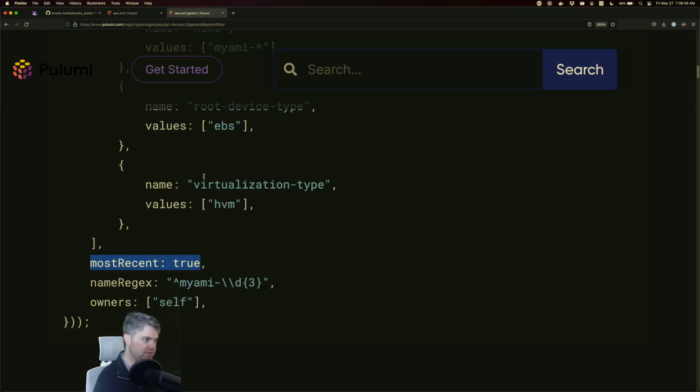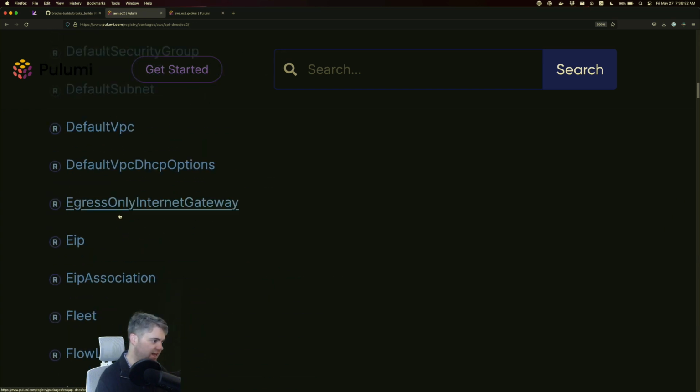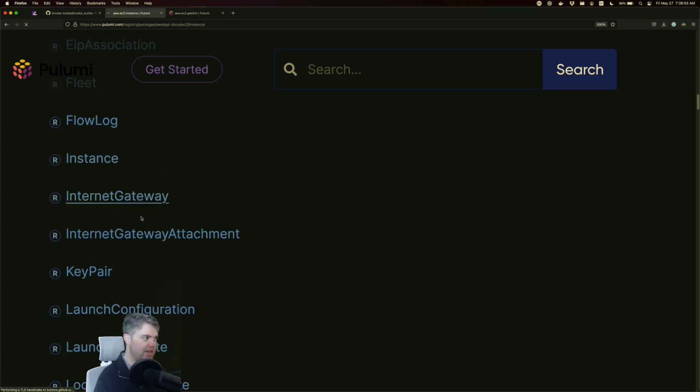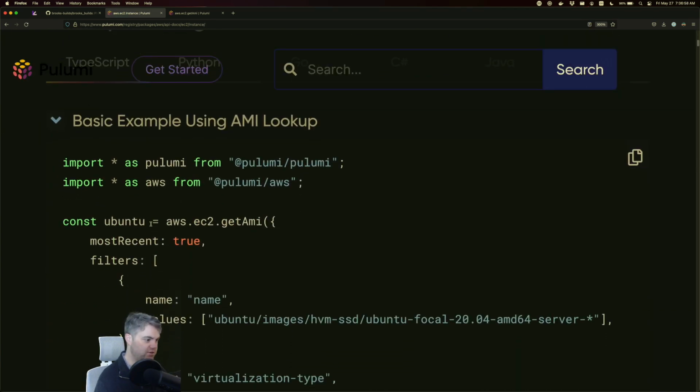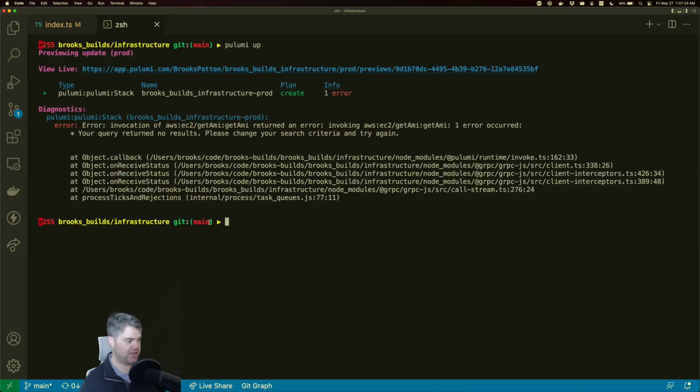Back to the documentation. This other one where the instance had an example of how to get an Ubuntu image. So here, filters, most recent true, filters, name. Oh, so this is what it ends up looking like. And so I think that's what they were suggesting, is that we might need to use the AWS describe images